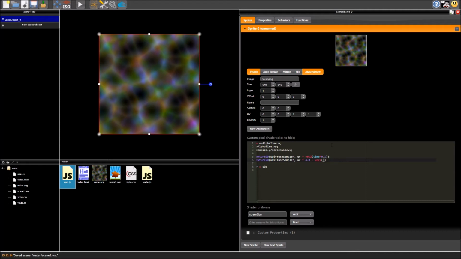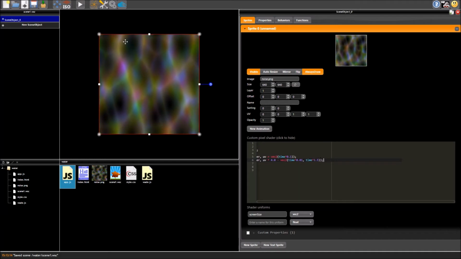Or in fact, no, what we're going to do is we're going to multiply each component of this vector, so the x and the y component of this vector, by different amounts. Just for some more variety, we'll see what it looks like. So I'm going to go with 0.01, and I think times, I don't know, 0.5. Oh, 1.5, okay, we'll see how that works.